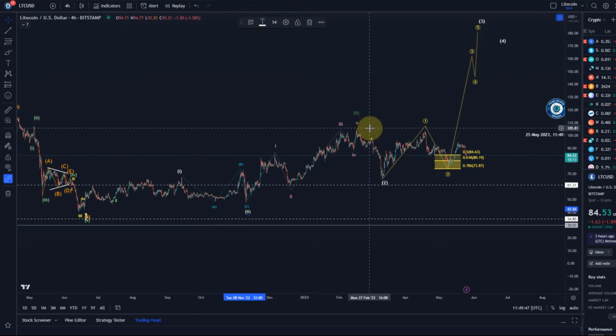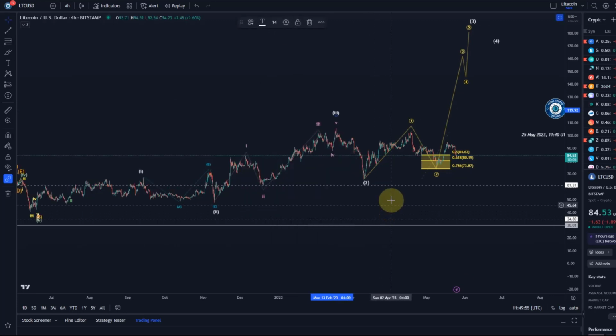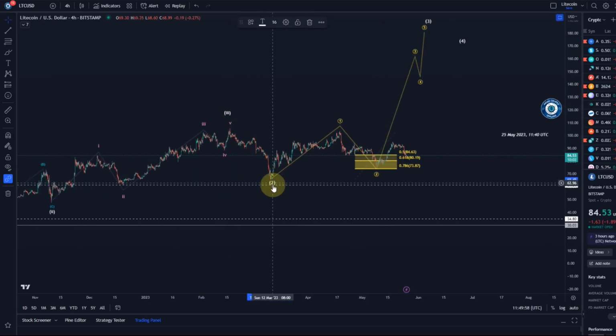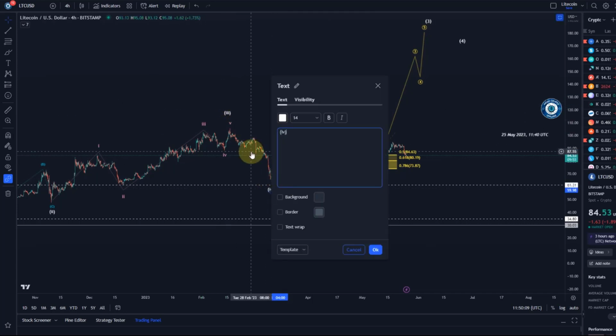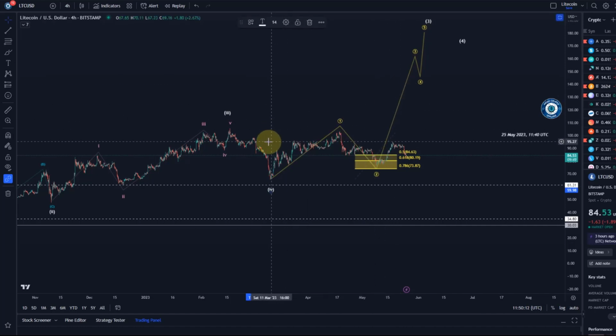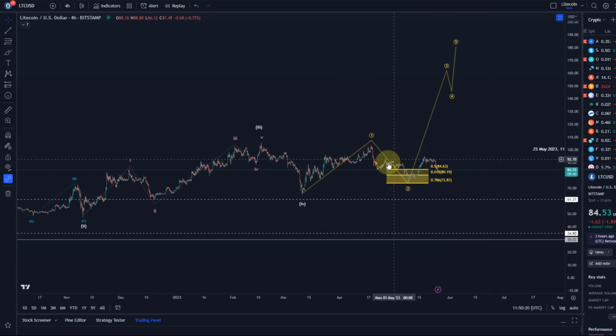So we have a wave 3 top at $105. That would have been a wave 3. And then it's the question: the low here on the 11th of March, was this the wave 4? And we're now heading higher in a wave 5. Let me take the other ones out because I'm just redoing the chart. And we're heading now higher in a wave 5. Yeah, this is of course possible.